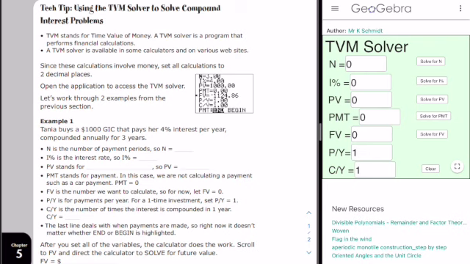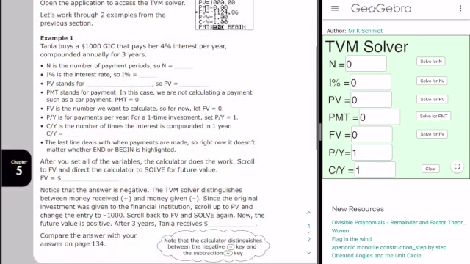But we do have the internet, and the internet has everything. So there are TVM solvers on GeoGebra, which is a very good one. So let's work through example 1 and use the TVM solver that I have on the right of the screen. So here, Tanya buys a $1,000 GIC that pays her 4% interest per year, and is compounded annually